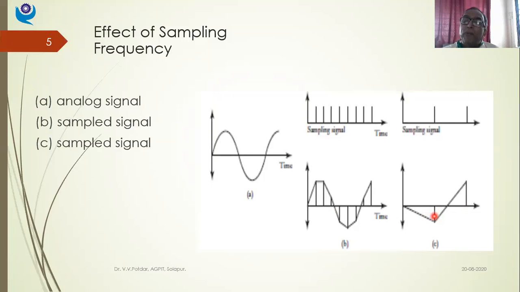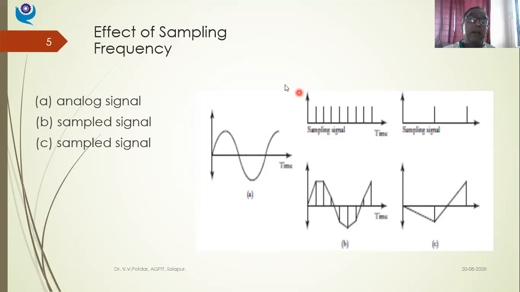So if I don't have proper sampling frequency, what I get is a false signal. This false signal is called the aliasing effect. Now once again I need to have some more electronic circuit which will do the anti-aliasing, that is, the work of removing the distortion will have to be done. So this is because of inappropriate clock frequency, inappropriate sampling frequency. I'll be getting aliasing effect. I'll be getting false signal conversion effect if I have lesser sampling frequency.